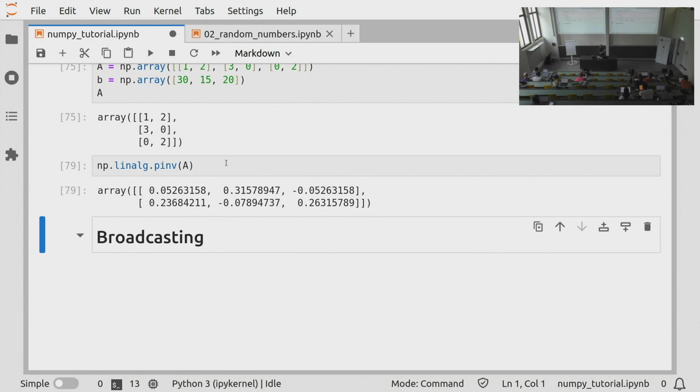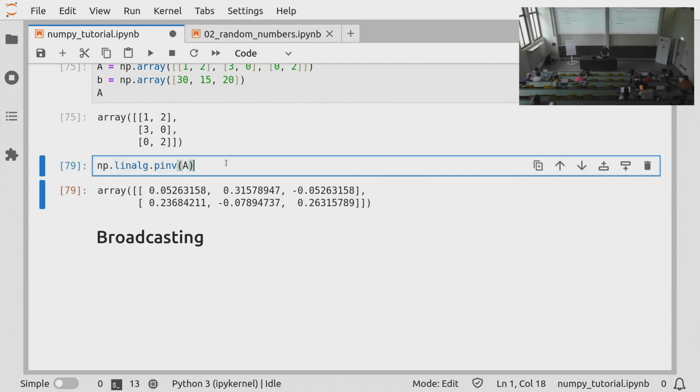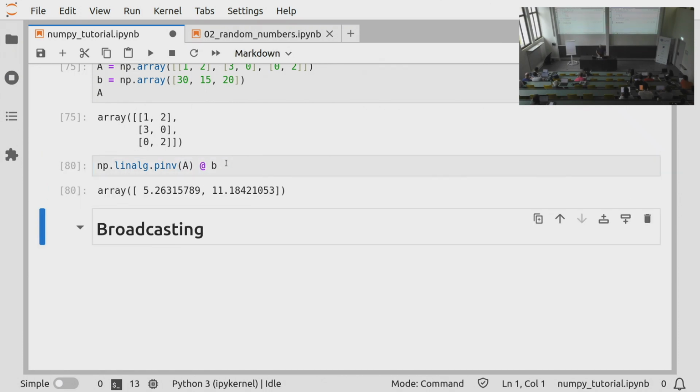And it actually gives us the best approximation in the sense that if I multiply this by B, I'm getting the best approximation of B to our system in the least square sense. So doing this is now our least square solution. And you can see it's close to 5 and 10, but it's kind of dragged off a little bit by the first